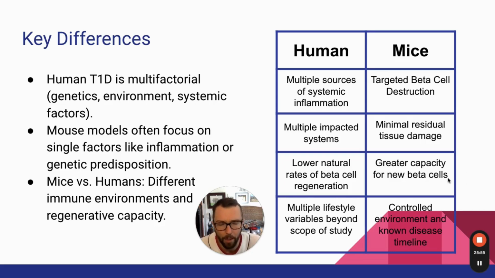Mice have a greater capacity for new beta cells. They just have higher rates of beta cell regeneration, and it could come down to the system-wide aspect of things, but we'll get there as well. And then just the controlled environment. When you're studying human models of diabetes,